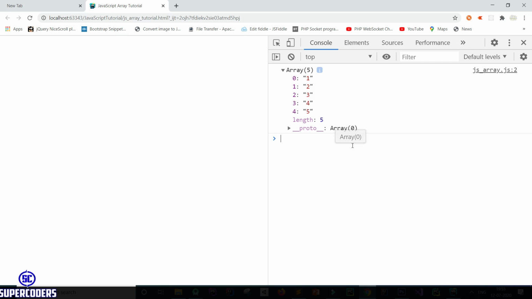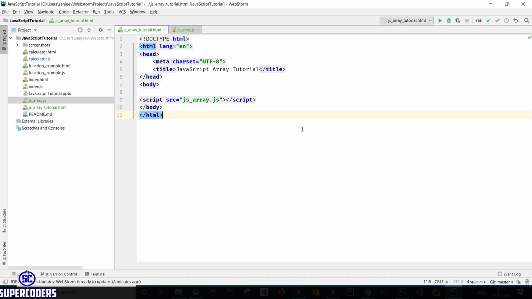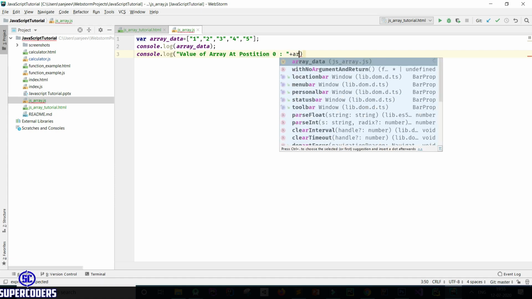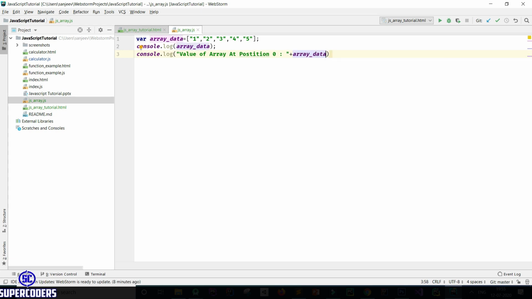Now let's see how you can access the value of an array. So first, accessing the value of the array: console.log value of array at position 0. So printing the value of the array at position 0, adding array data, then square brackets.